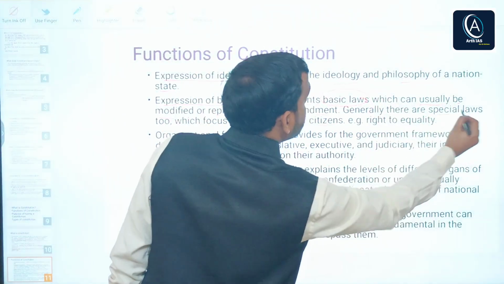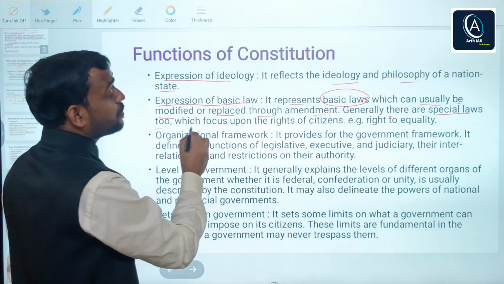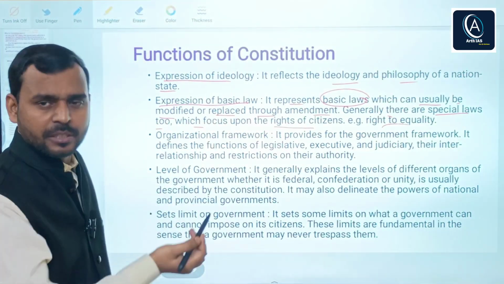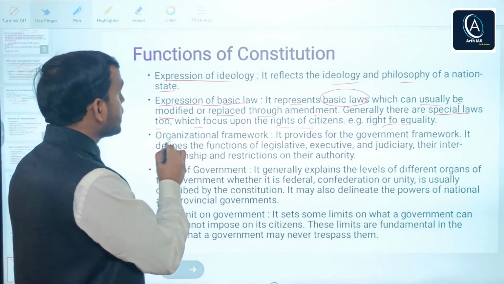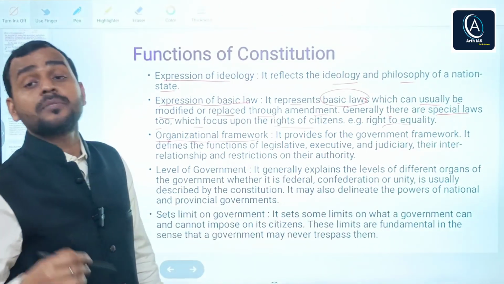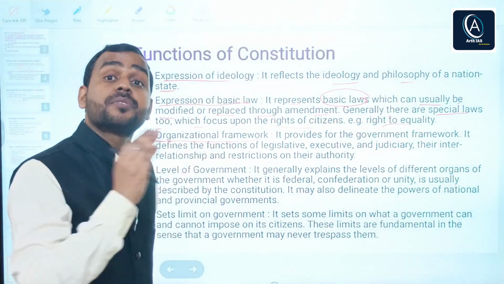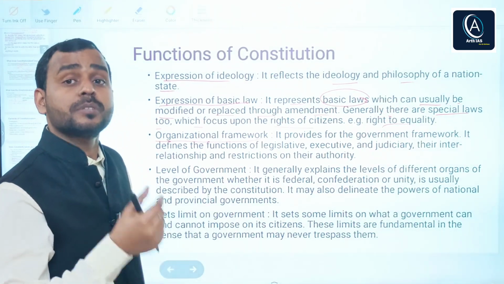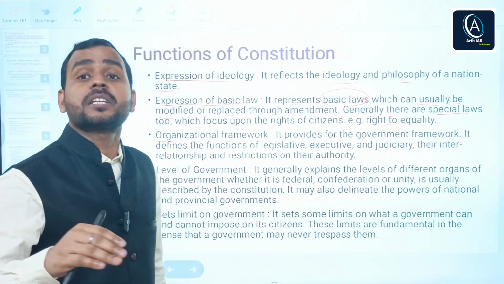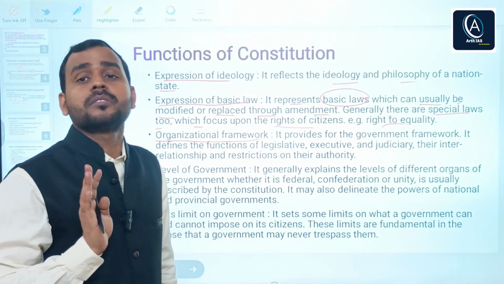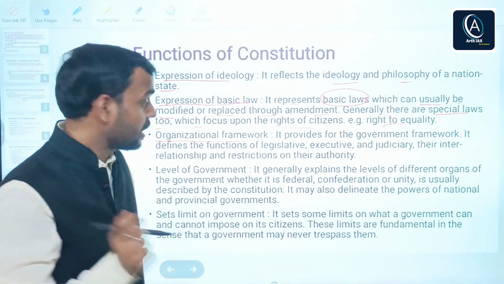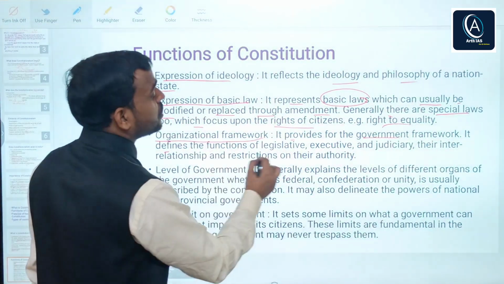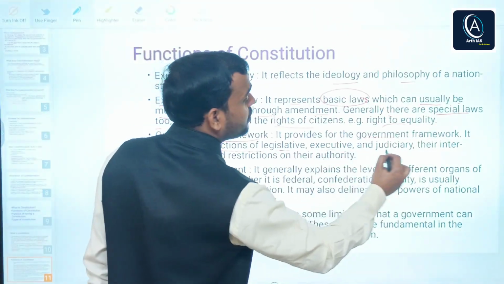Again, generally there are special laws too, which focus upon rights of citizens. For example, right to equality. Obviously, this is very common. Again, organizational framework. Organizational framework means what? It provides a framework. I told you the constitution is a power map. And power map means it clearly demarcates the power of organs of state. It provides for the government framework. It defines functions of legislative, executive, and judicial,